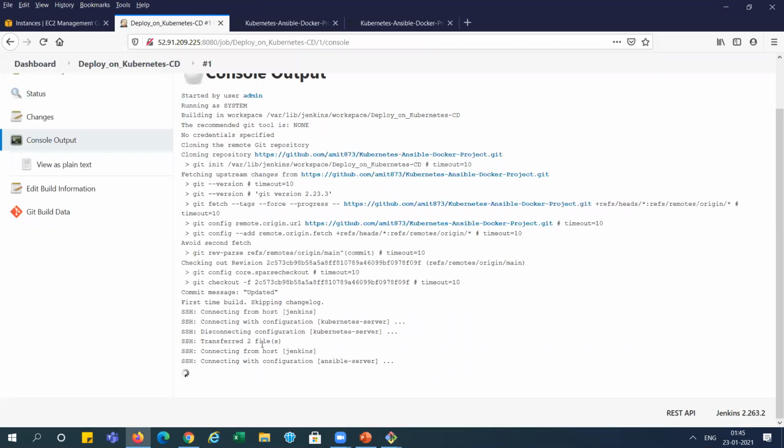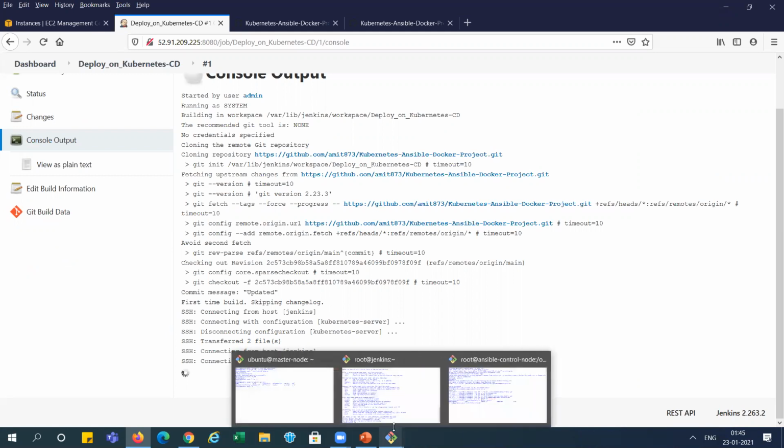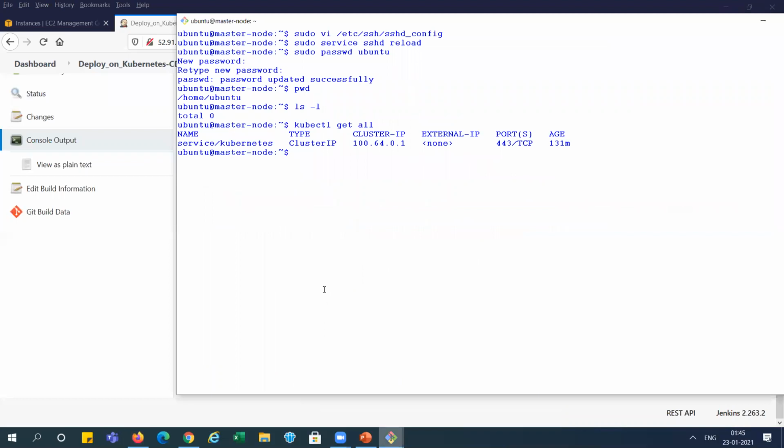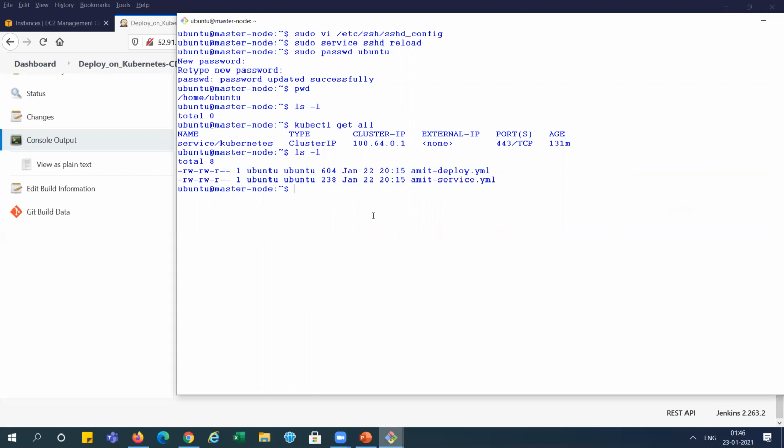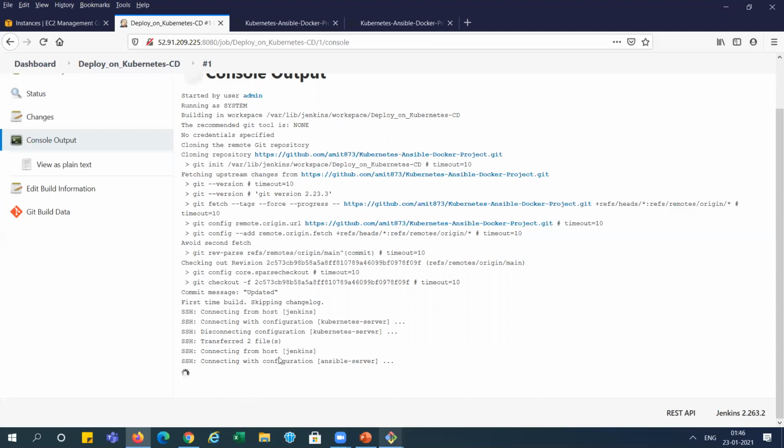It is transferring files over here. You can see two files are copied from there to here, which are used for the deployment. You can see deployment is going on in the Kubernetes system, right?